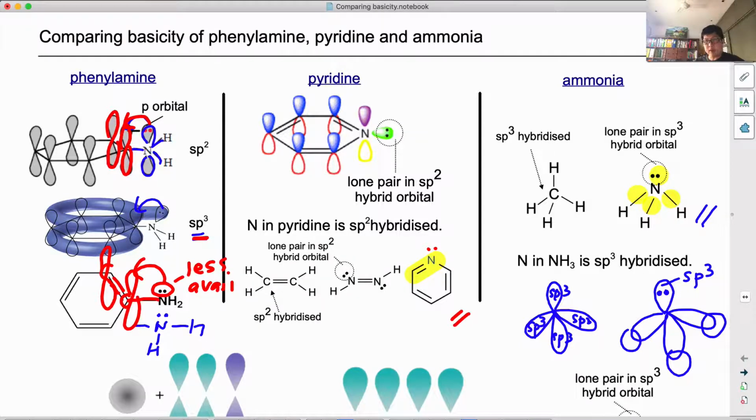So the thing is this. A lot of students think that the lone pair can delocalize. All right, they can delocalize. But let's study a little bit in detail. All right, so look at